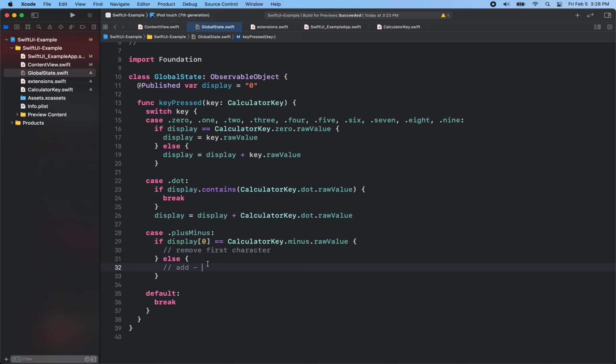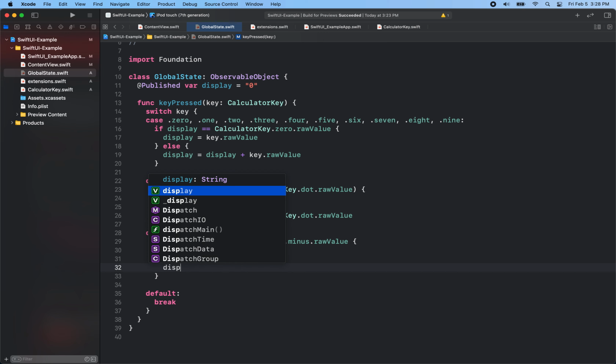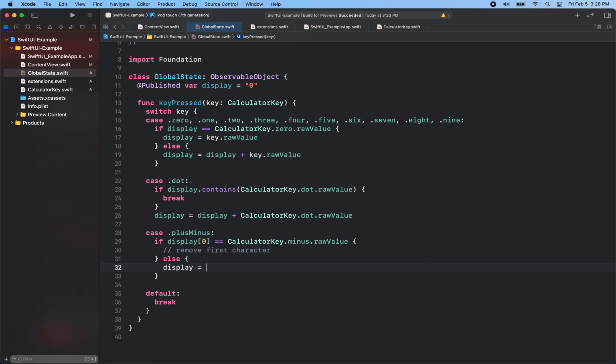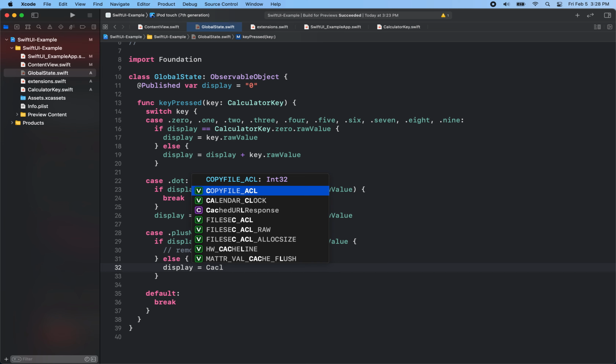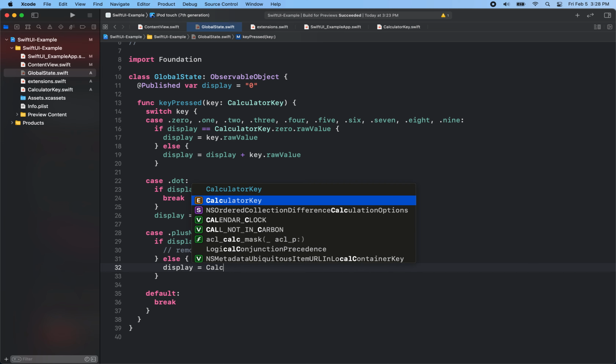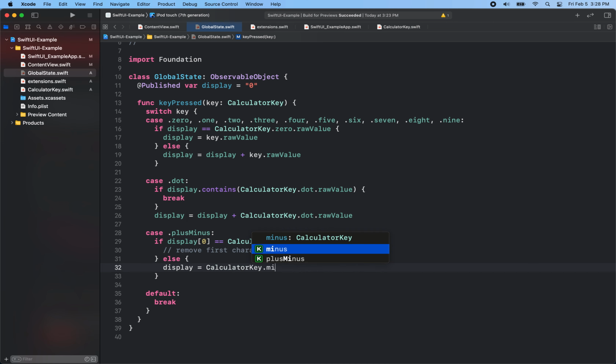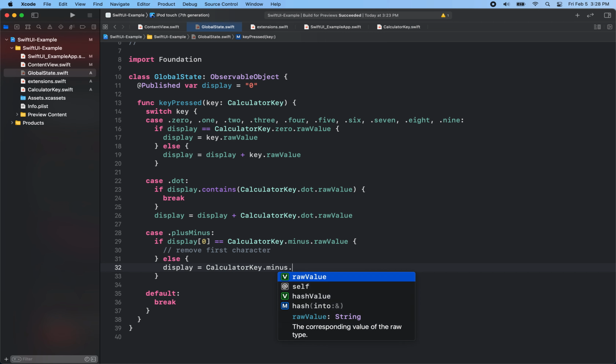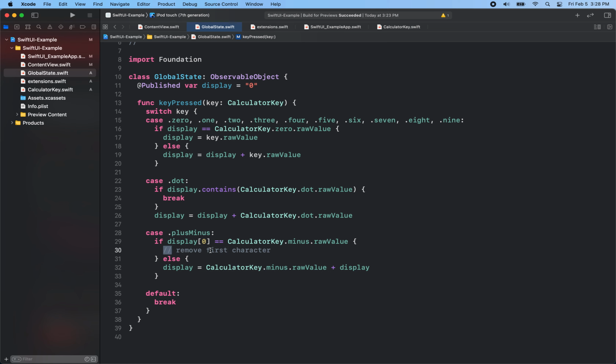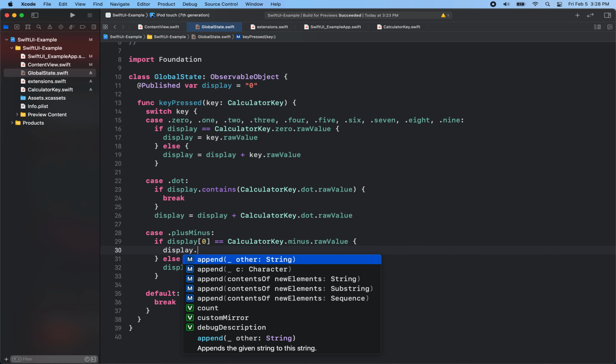So let's do the add first. This is the easy one, right? So what we'll do is we'll say display equals, and then I'll just get it again from our enum, minus dot raw value plus display. And now we'll remove it, right? So we'll say display dot